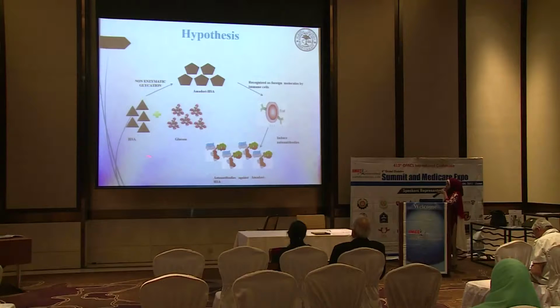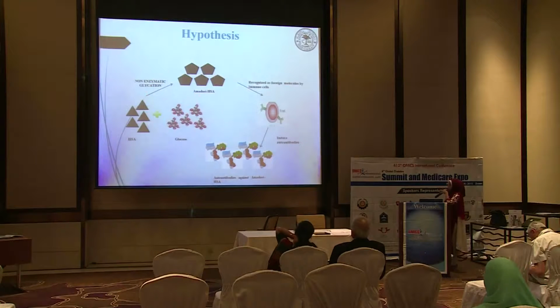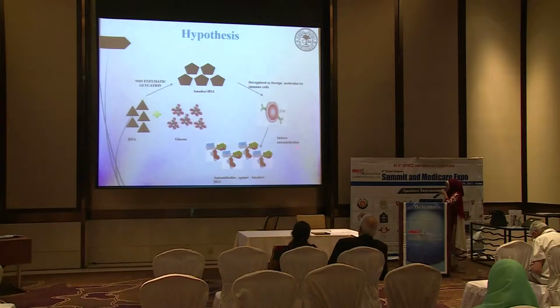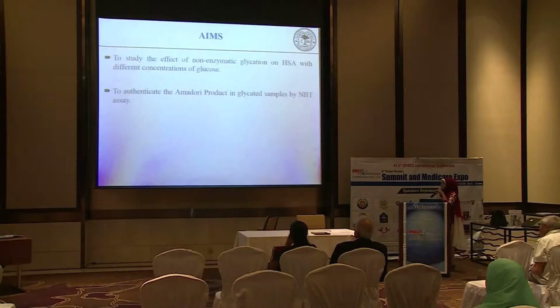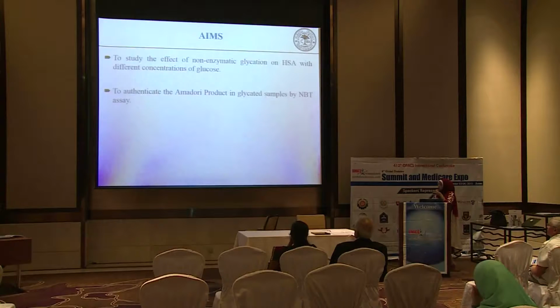This is our hypothesis: when HSA reacts with glucose through non-enzymatic glycation, Amadori-HSA is formed. The HSA is structurally damaged, and its function may be impaired. After the Amadori formation, the immune cells recognize it as a foreign molecule and induce antibodies against it. So these autoantibodies against Amadori-HSA will cause the secondary complications in our body. So to detect the autoantibodies against Amadori-HSA means early glycated product,